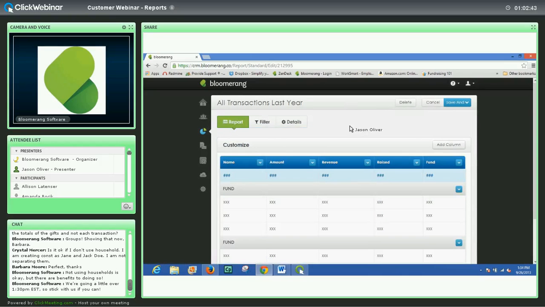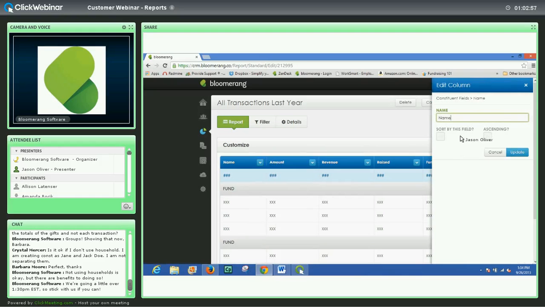We're going to peek into the future quite a little bit here. You'll notice how some of the grouping and collapsing works. It's all sort of like this with these buttons. One thing I didn't talk about was sorting. You can sort any column by clicking Edit and choosing to sort and then either ascending or descending. You can also change the name of a column. So if you don't want the column name to be name, you want it to be constituent name or whatever it might be, you can do that, and that's how it'll display in your